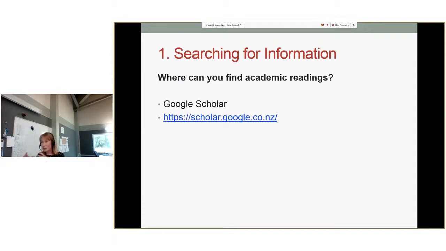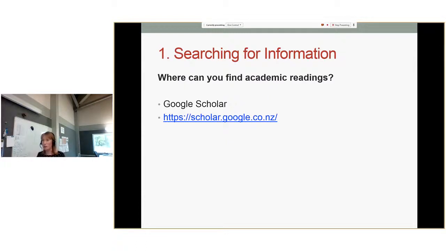So they're a little bit restricted because they only search, for example, the really good science ones will search all these particular science journals. Some people love using databases, but personally I find them really, really tricky to use. And I just want to make you aware of this absolutely amazing resource, which is Google Scholar.